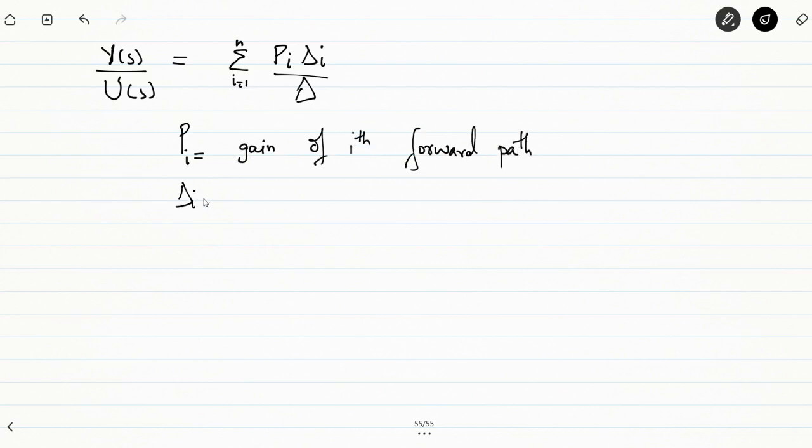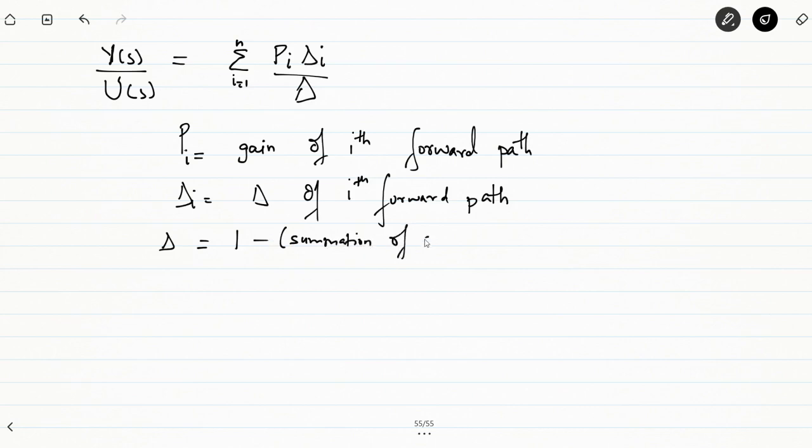Delta_i represents delta of the ith forward path, where delta is actually 1 minus summation of all loop gains taken individually